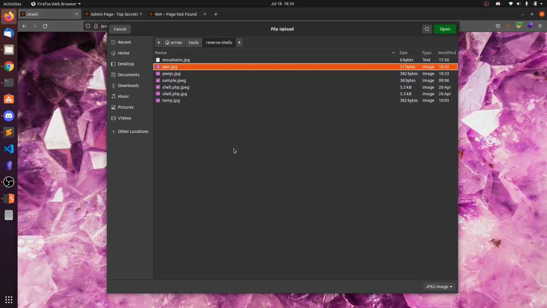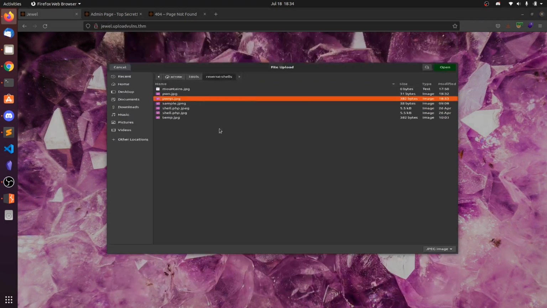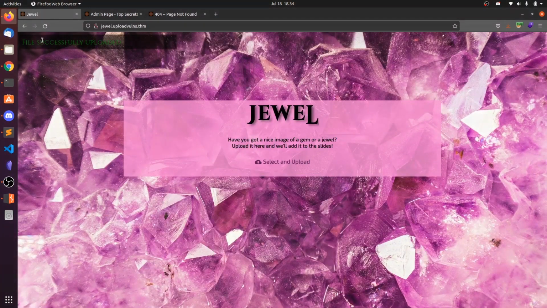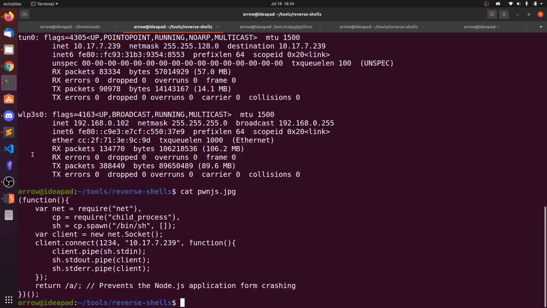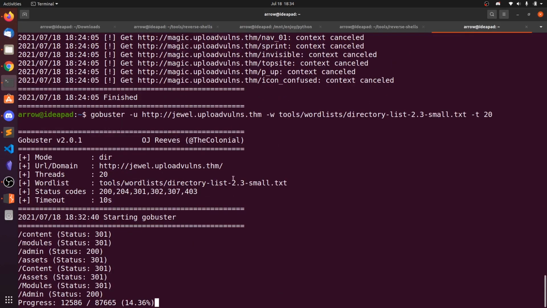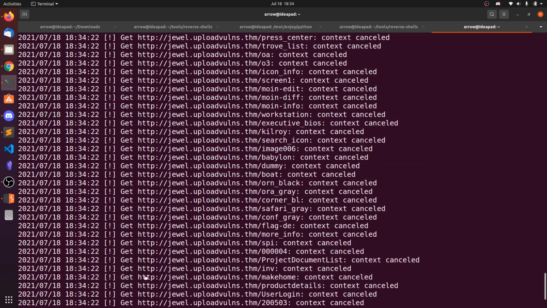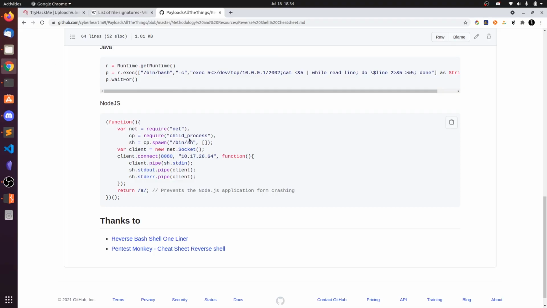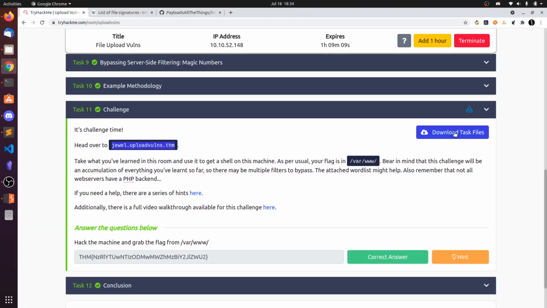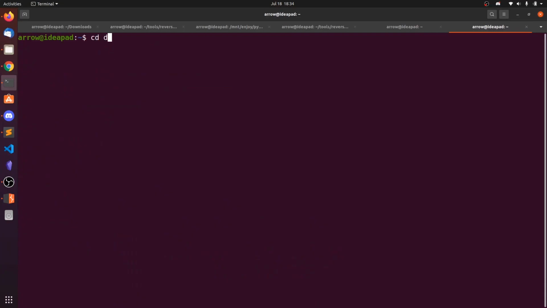Let's upload that file, pond.js.jpg, and now you can see successfully uploaded. Now let's go to content, and here they have given some task file. Let me show you that.